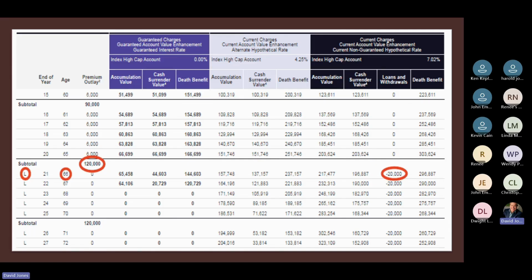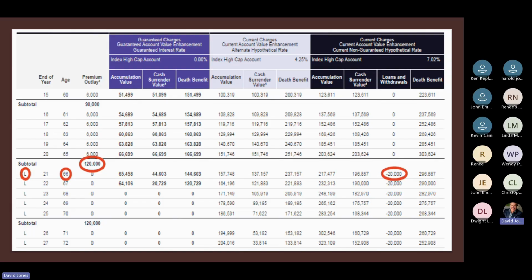Why do I keep talking about the loans? It's important because that's how you take the money and distribute money to yourself and use it any way you want without being taxed on it. A lot of people think, hey, this is a tax deferred thing and you'll be taxed at your future tax rate, which is not so bad. Usually work out fine. It's better than that because, again, I'll get more into it in a little bit, but